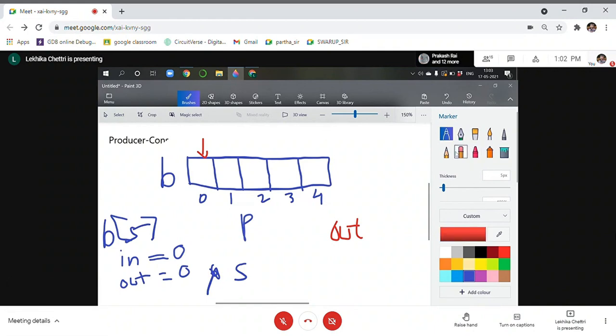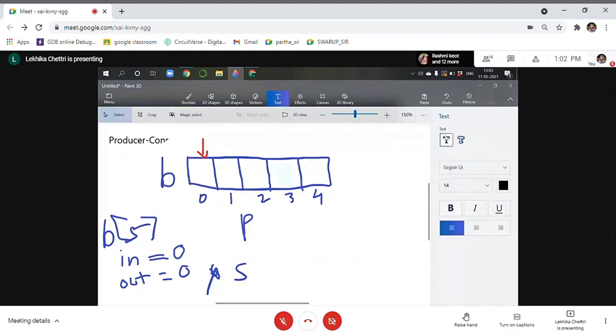And how do we do it? We do it with the help of a simple code.